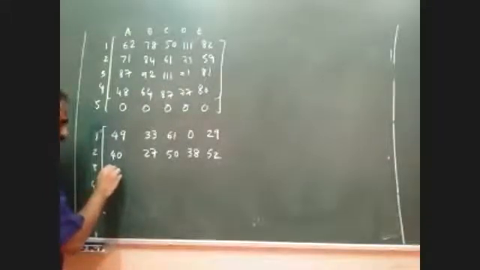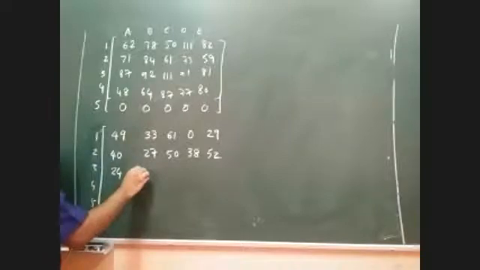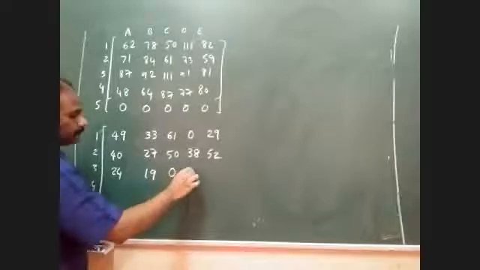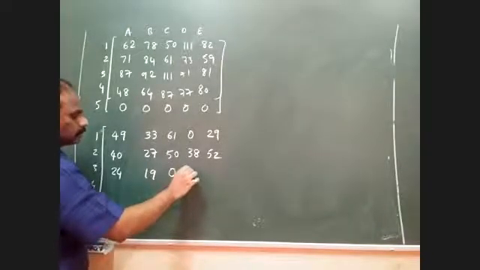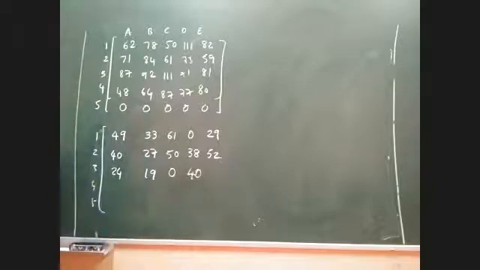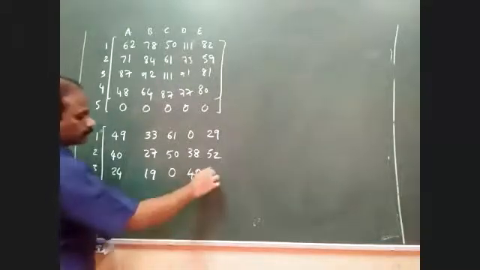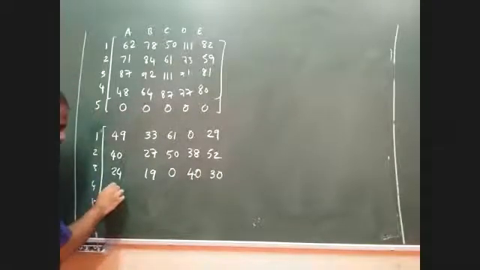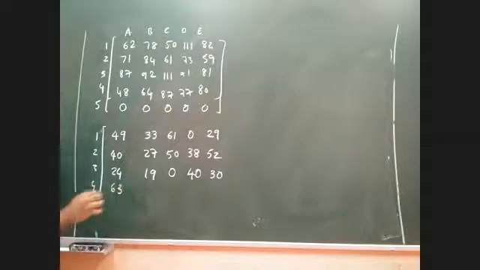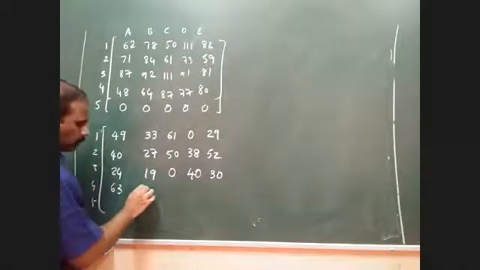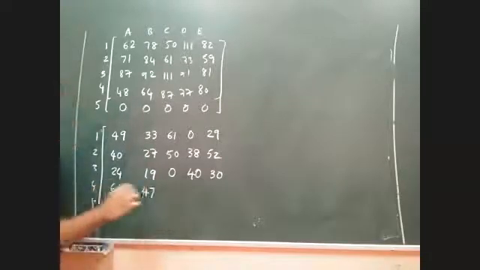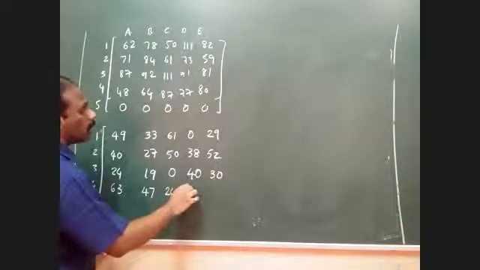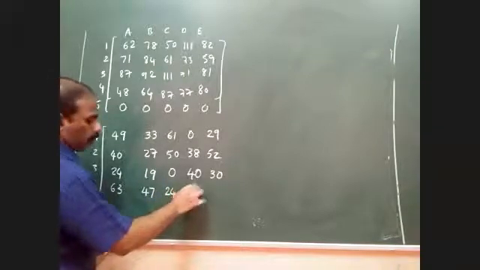24. 24, 19. 19, 0. Okay, 40. 40, 30. Okay. Fourth row, 63. Okay, 47. Okay, 24. Okay, 34. Okay,